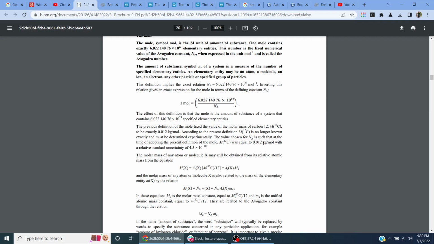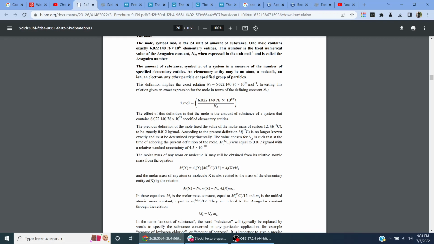The value chosen for N sub A is such that at the time of adopting the present definition, the molar mass of carbon-12 was equal to 0.012 kilograms per mole with a relative standard uncertainty of 4.5 times 10 to the minus 10th. The molar mass of any atom or molecule X may still be obtained from its relative atomic mass in the equation: the molar mass of X is the relative atomic mass of X times the molar mass of carbon-12 divided by 12,